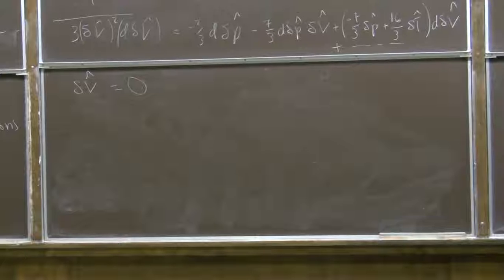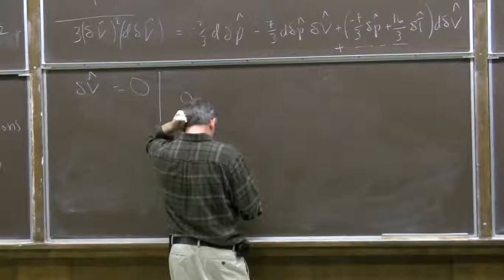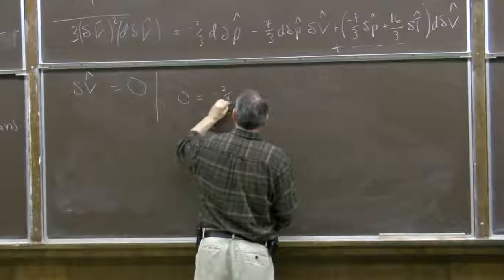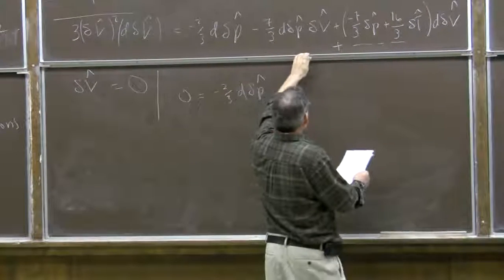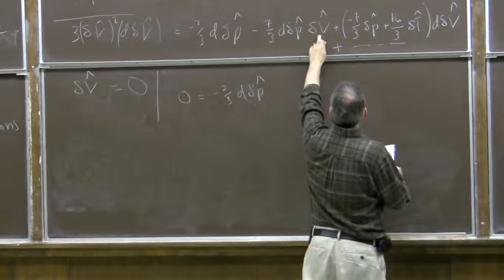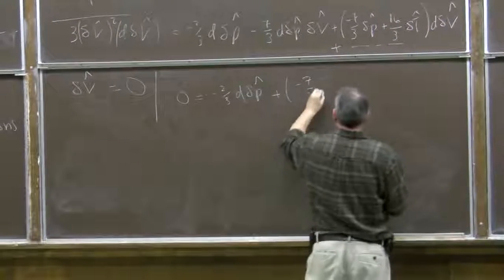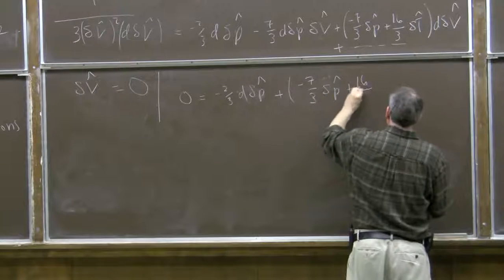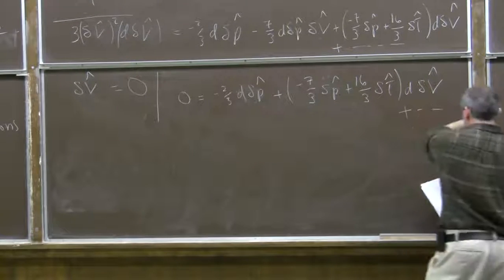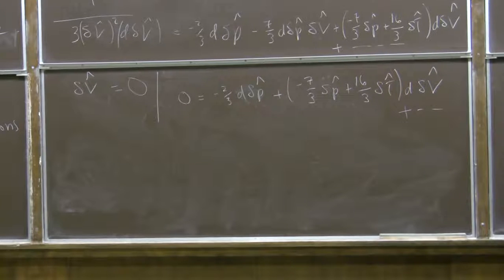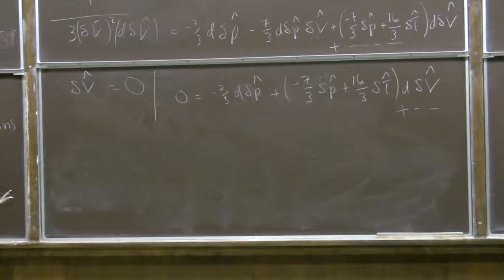So if delta v hat is equal to 0, the right-hand side of the equation is 0. So I get this relationship between the change in the pressure and the change in the volume. 0 equals minus 2/3 d delta p hat. And then in this term, this is 0 because we're considering delta v hat to be 0, and the other term is minus 7/3 delta p hat plus 16/3 delta tau hat d delta v hat plus higher order stuff. So if delta v hat is equal to 0,